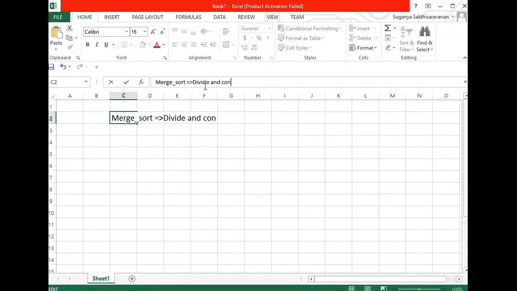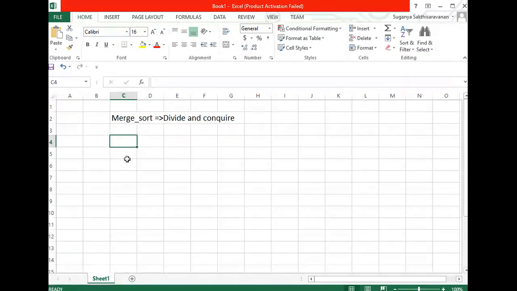In which logic have we come across it? In which logic do we use the divide and conquer approach? Where do we see it? Binary search, good. In the case of binary search, you consecutively divide an array and search for an element. The same technique is going to happen here. We'll see how we are going to do it.